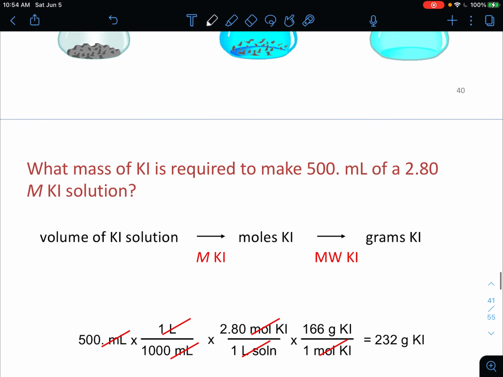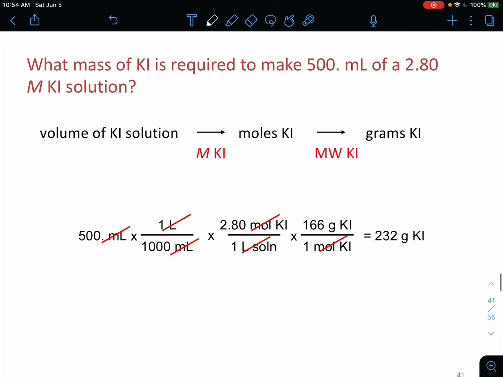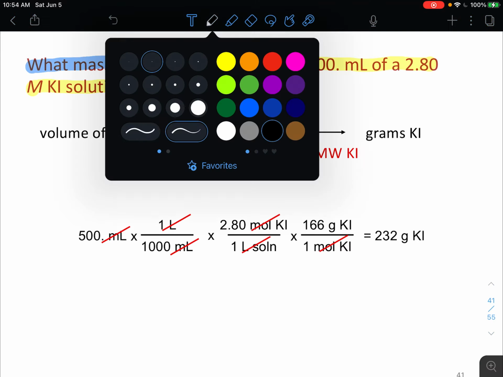Okay, so let's look at a worked out example, and then we'll work through a few of these as well. It says, what mass of potassium iodide is required to make 500 milliliters of a 2.80 molar potassium iodide solution? So the question is asking, what mass of potassium iodide? So we still want to try to think about this in terms of a conversion type problem. So with that idea in mind,